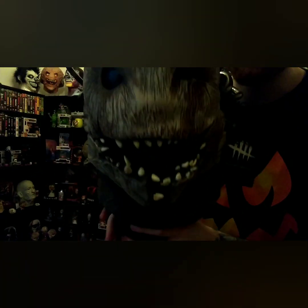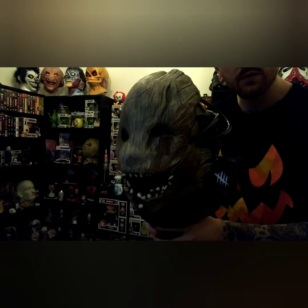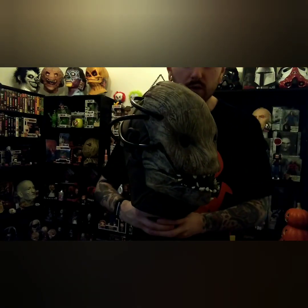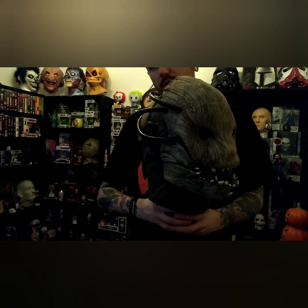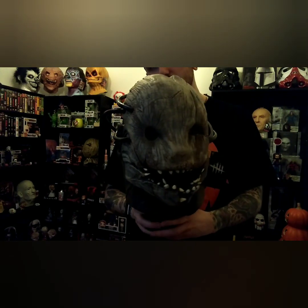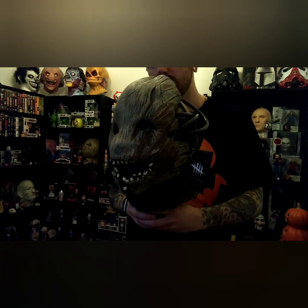So this mask is probably one of my favourites that I've seen Trick or Treat Studios release in recent years. I absolutely love the Trapper. He's one of my favourite killers to play as in Dead by Daylight. There's a few things on this mask that could have improved. I feel like it's not an exact replica of the Trapper, but for, I think it was like $59.99 with